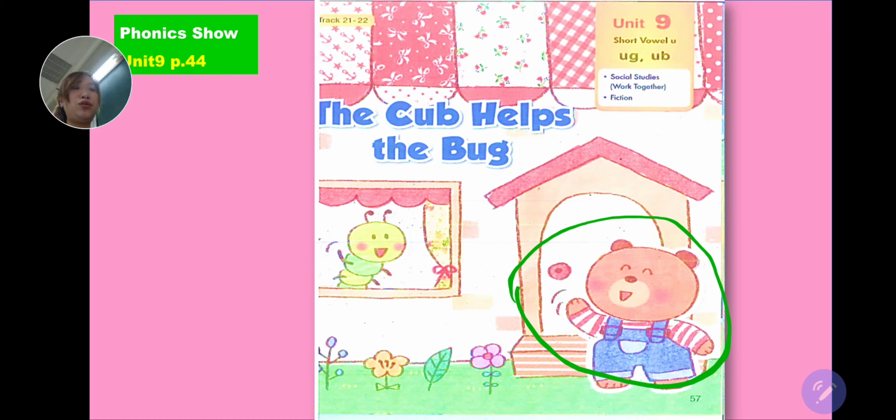好 cub 就是幼兽，就是比如说大型的哺乳类的那种动物，它的 baby 我们叫做 cub，叫做幼兽，幼小的幼，兽是野兽的兽。Okay, now a cub helps the bug. This one is a bug. 虫子，小虫子。Okay, let's move on to our page 44 的 45 的。